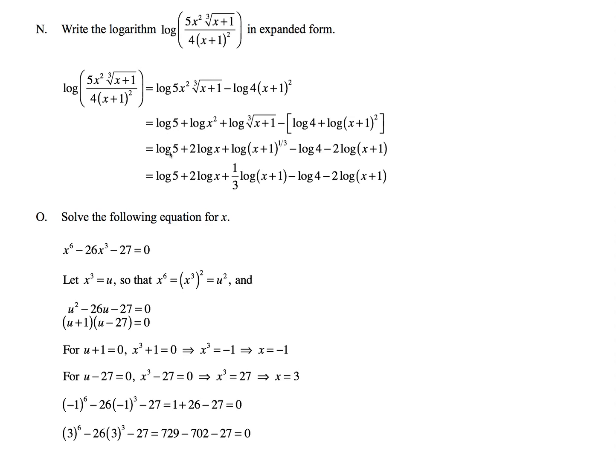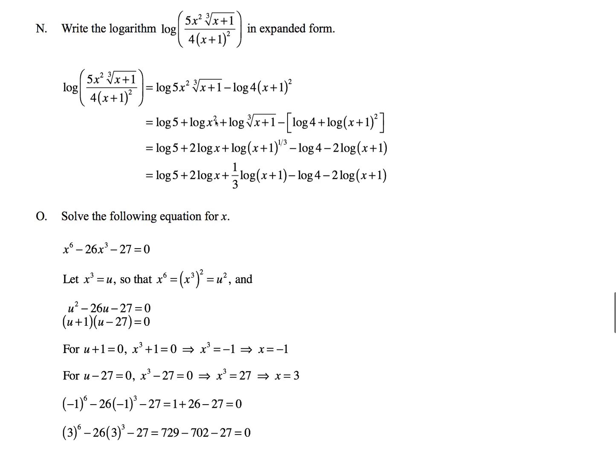Now going back to the head of the equation, log of 5 is not going to be changed at all. That's as simple as you can get that logarithm. But we use the power rule to bring this exponent around front of this logarithm, and so that becomes 2 log x. That's as simple as that one is going to get. Then the cube root we write as this quantity raised to the 1/3. Here we distribute, and continuing on,